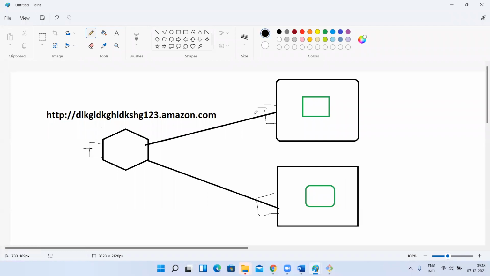For example, I am allowing port 80 on the instance, but if I block it in the load balancer security group, the load balancer will not allow it. So even if you allow it on the instance, it's useless. Whatever traffic you need to allow has to be allowed in the security group you are using for your load balancer.